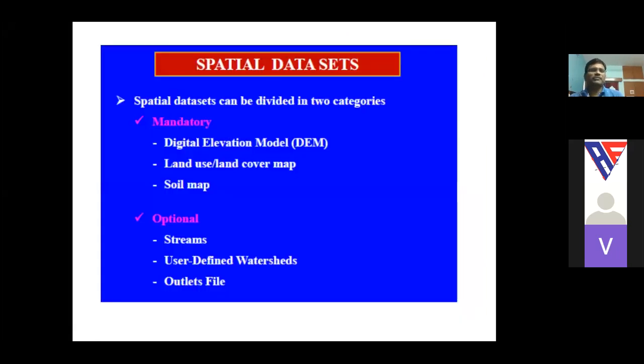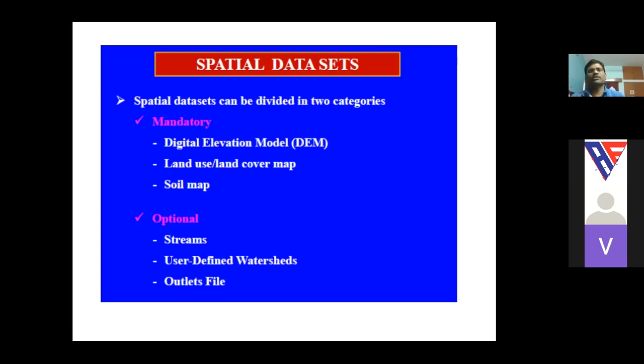So in spatial data, there are optional data sets and some mandatory data sets like the digital elevation model, land use land cover maps, and soil maps. These are mandatory for the SWAT model setup. Optional data sets are streams or user defined watersheds or outlets.